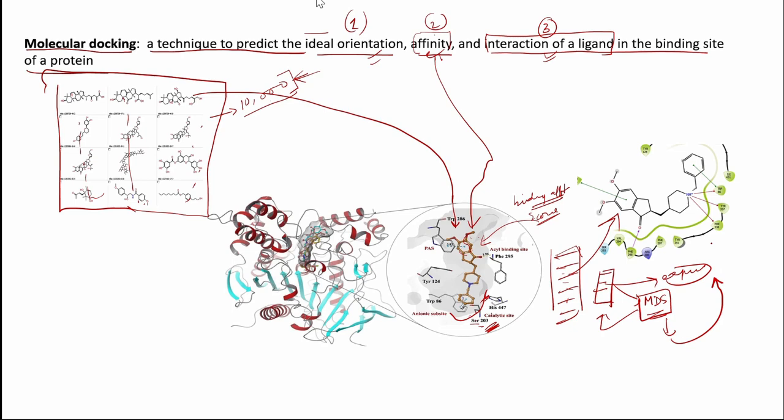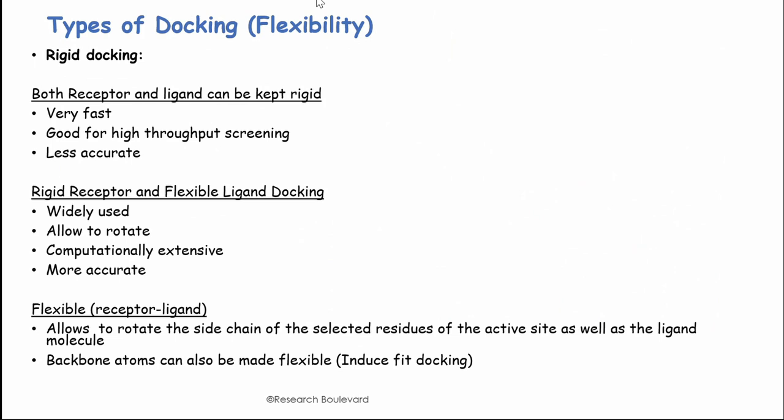Nowadays we are not using this much. Okay, so it is very fast. It's very good for high throughput screening. When you have a large database of ligands, you can use this particular type of docking, but this is very less accurate. Okay, so when you allow the ligand flexible,